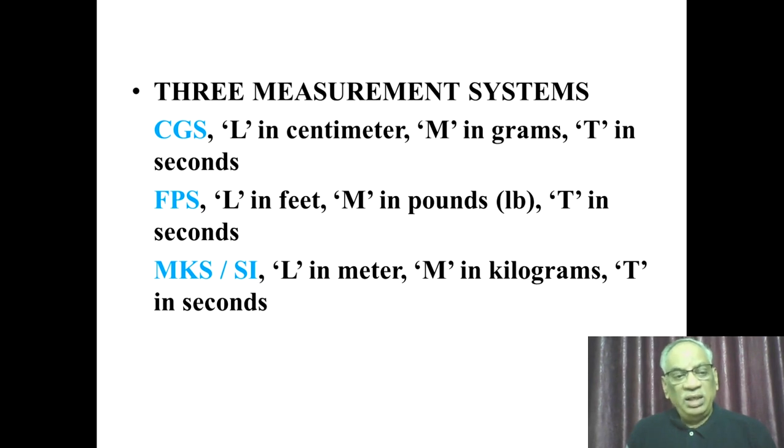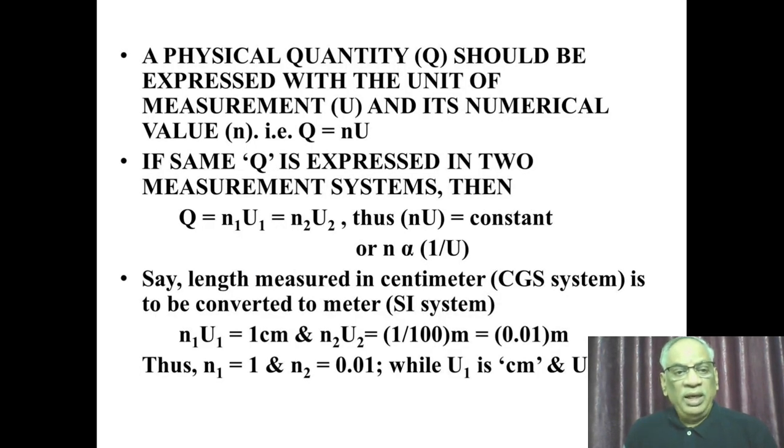And now the currently universally used system is the MKS system, the SI system, the Standard International System, in which length is measured in meters, mass in kilograms, and time in seconds. The SI system has certain advantages compared to the CGS, FPS, and other MKS systems. And because there are three different measurement systems, CGS, FPS, SI or MKS,